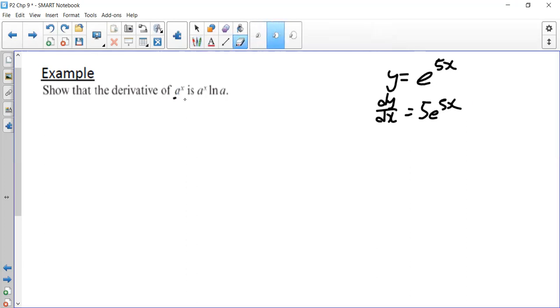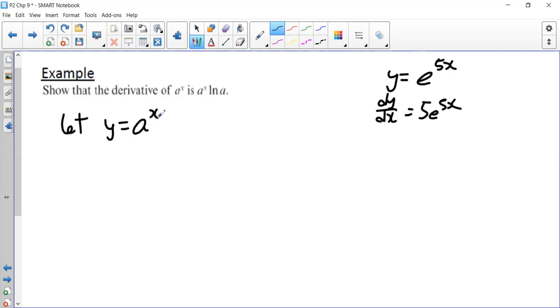We're going to cheat a little bit. First of all, I'm going to let y equal a to the power of x. If we can differentiate with the base e, then we will try to make it e. If I want an e in here, I cannot simply put e to the power of ax, because that's making e out of nowhere. What I can do is put e, and then put ln in here,